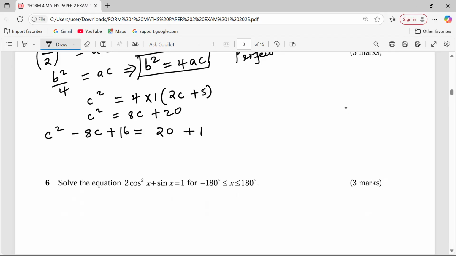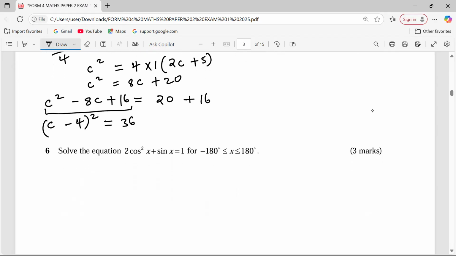So we also add 16 at this point. We're going to have this one. It's now a perfect square. So to factorize it, we need c. The sign that follows is a minus. The square root of 16 is 4, squared equals 36. At this point, we can take the square root on both sides so that we have c